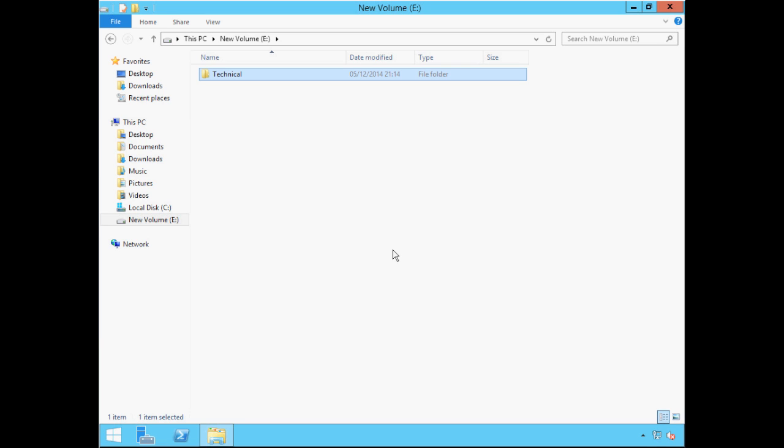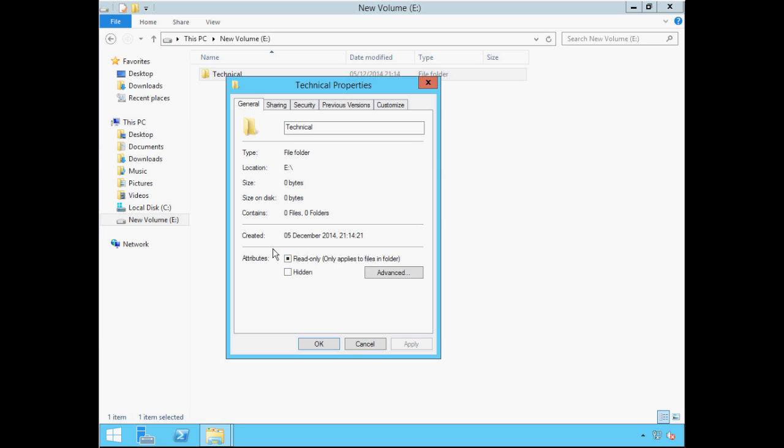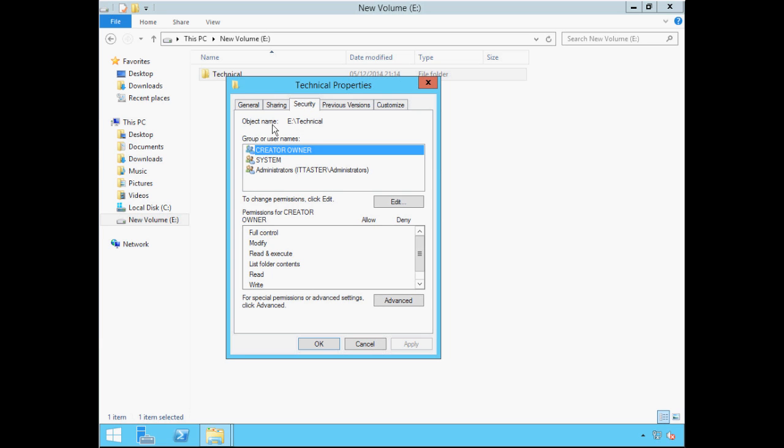To manage file and folder permissions, we need to right-click the file or folder object, click Properties, and click the Security tab. We can see the name of the object we're working with, the Technical folder in this case, and we can see the users and groups.